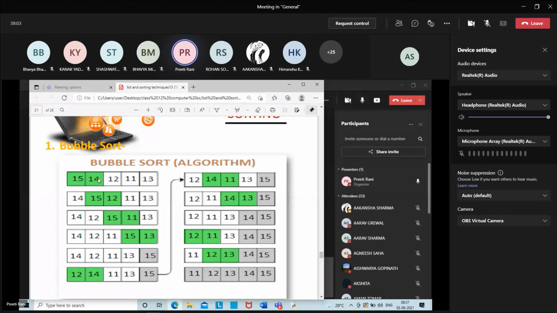It will check 15 with 14: is 14 lesser or is 15 lesser? So this one is larger than the next number 14. Then it will check 15 and 12, then 12 and the next number.